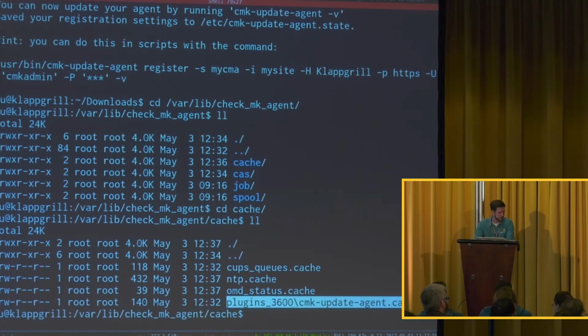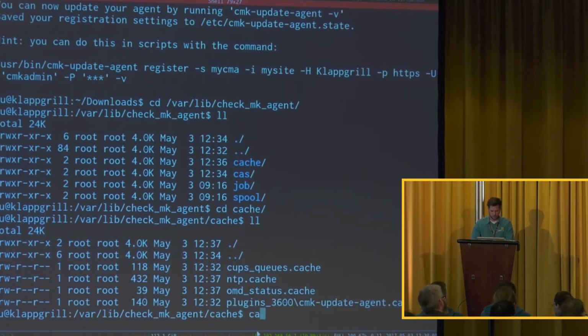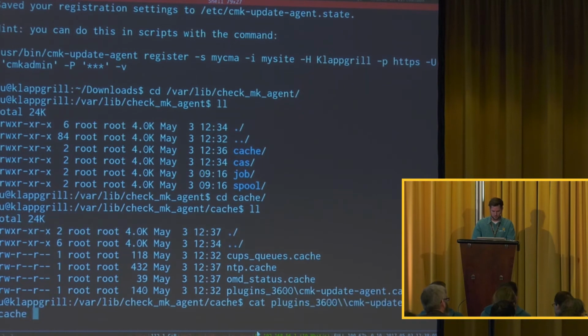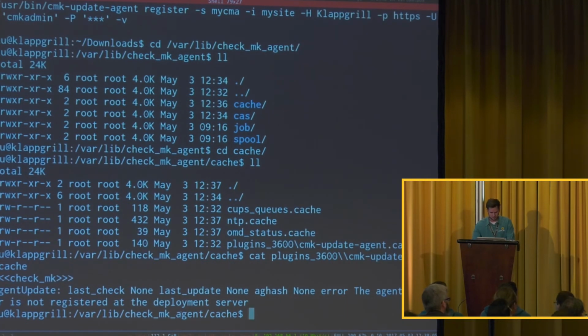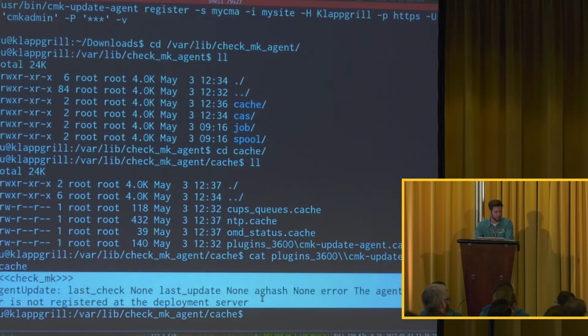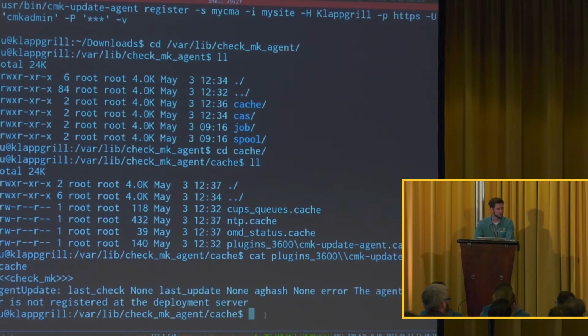This is just a regular cache file from a checkmk plugin, and it tells us it wants to only be applied once an hour. And if we look at it, we can see that there's an agent section and what we just saw in services as well. So that means